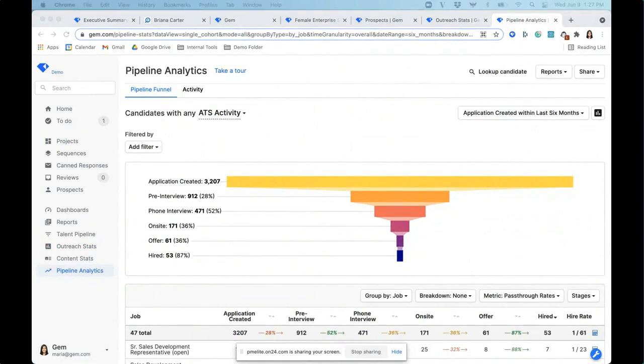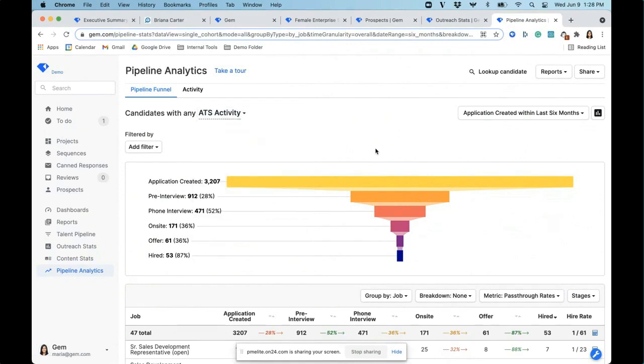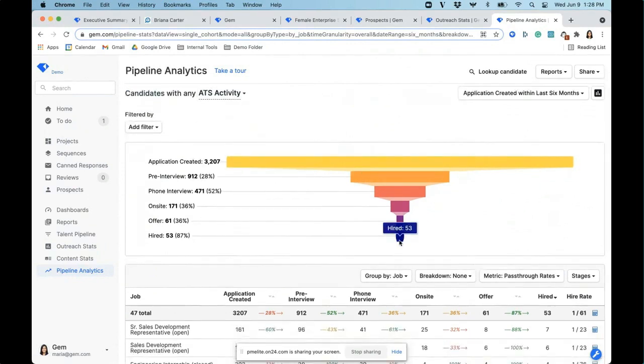All right, so we talked through top of funnel. Now let's talk through the application activity and the ATS activity as well. So I mentioned we do integrate with ATSs. So what you'll be able to see here is a breakdown of your funnel, whether you want to do it from very first outreach to hire or just hone in on activity within the ATS. You can view that within GEM. So I'll just focus on ATS activity since we went through that outreach. But I like to call this the hello to hire funnel, right? I can see everyone from the very top to the very bottom